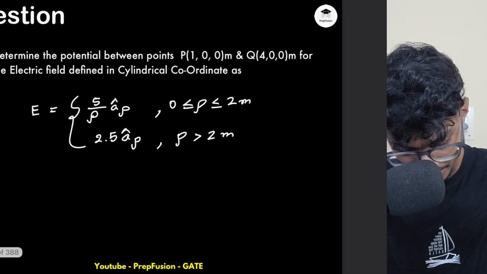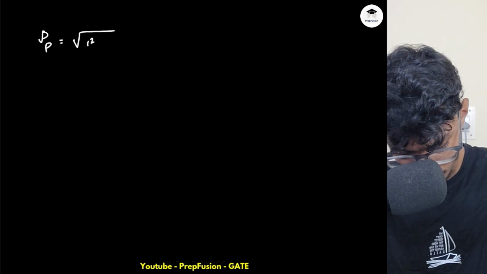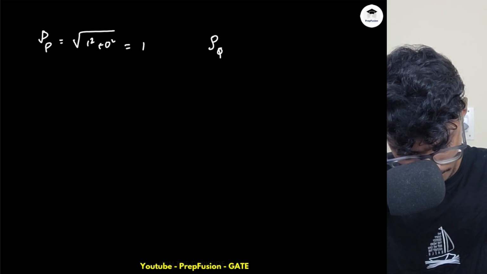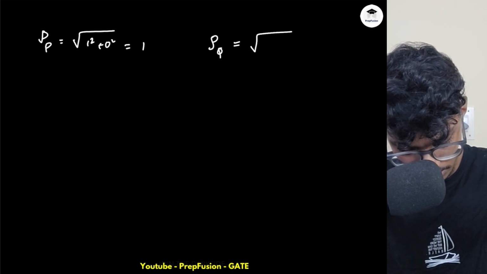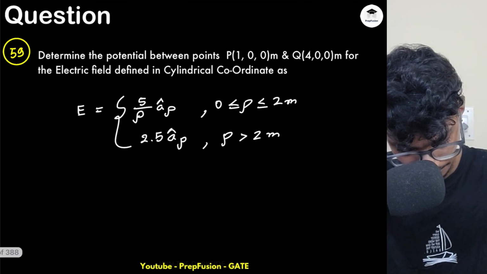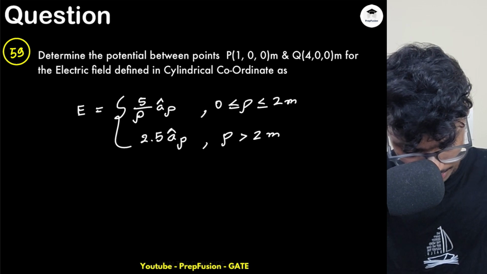If you remember, rho P is the square root of x square plus y square, so it will be under root 1 square plus 0 square, so it is 1 only. And what about rho Q? Rho Q is under root 4 square plus 0 square, so it will be 4 only. Correct? So rho is changing like this, and your DL